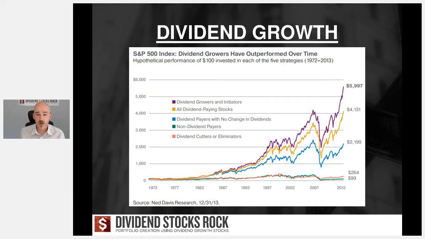Actually, you probably saw a similar graph. It's been going around for many years now. So this institute tracked performance for companies that either don't pay a dividend, that cut their dividend, or that increase it, or that don't change it at all. So what you can see is obviously dividend growers and initiators, meaning companies that started at one point to pay a dividend or keep increasing it throughout those years, have outperformed the rest of the